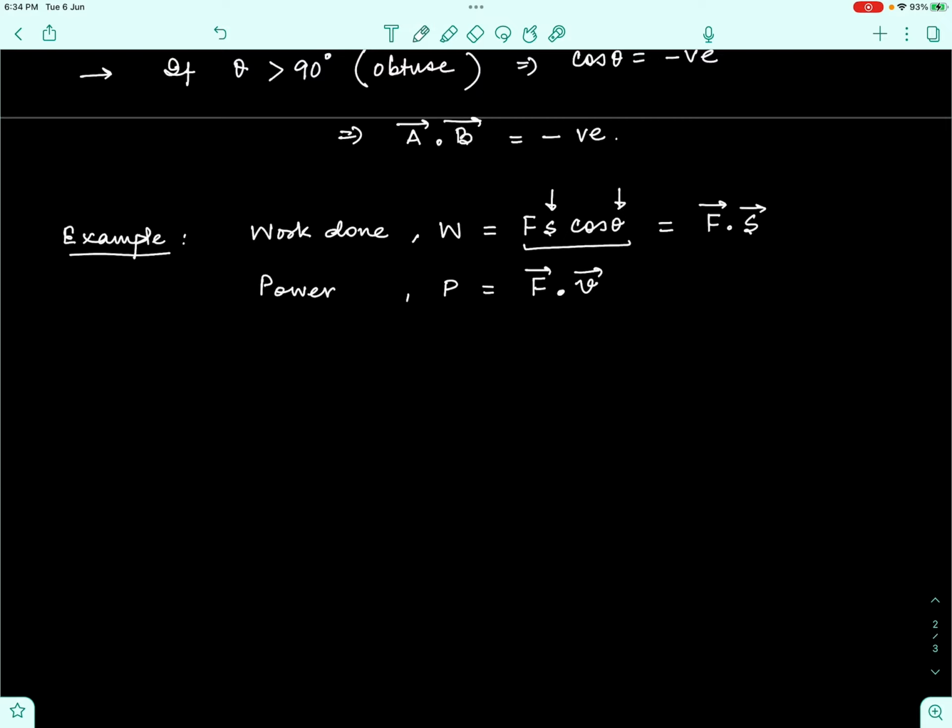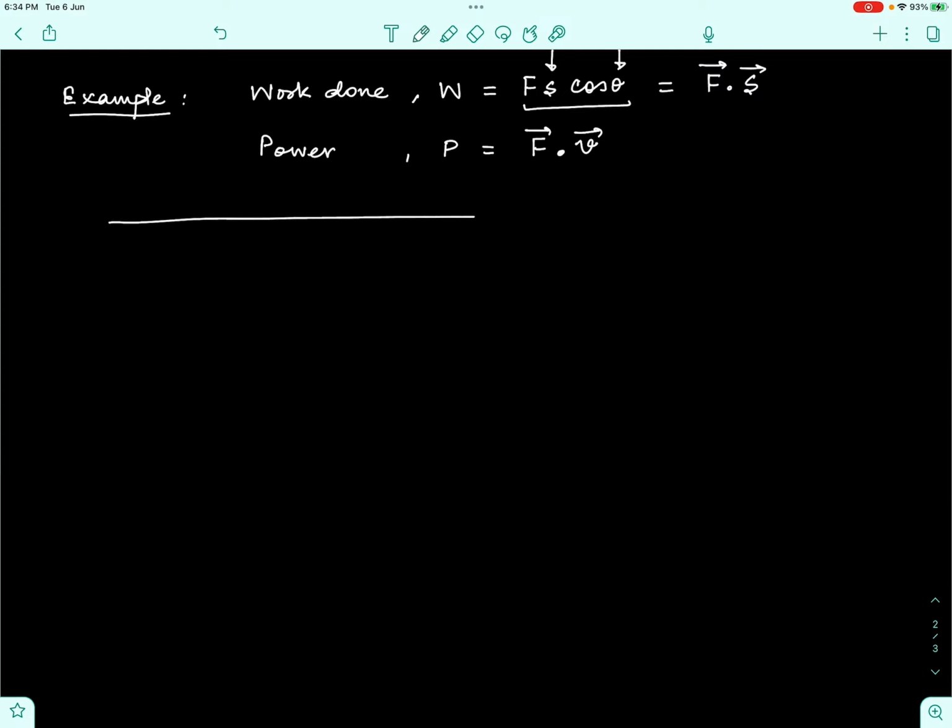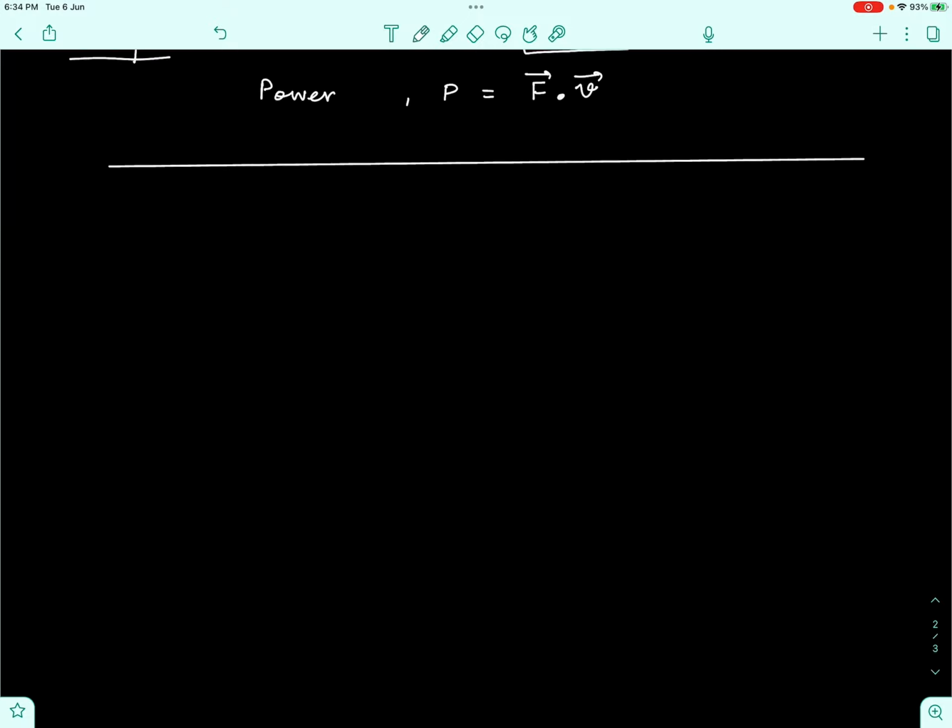Now, the next thing that we can do is try and find out the value of the dot product of two vectors when the vectors are given in their rectangular component form. Rectangular component form means